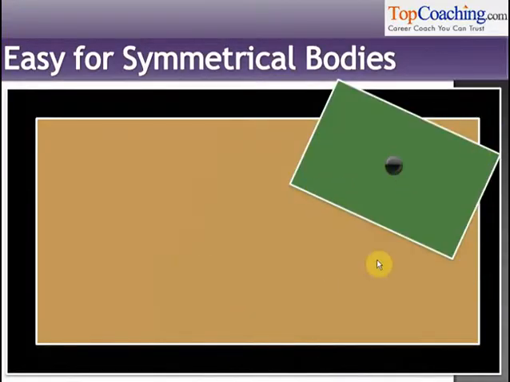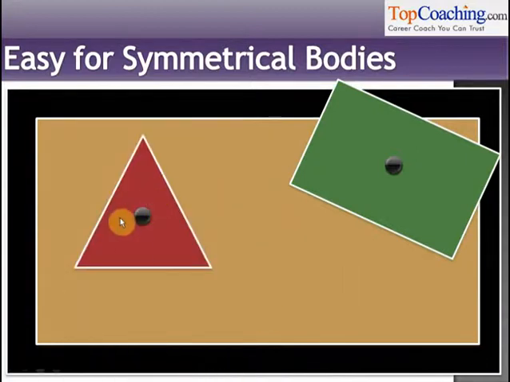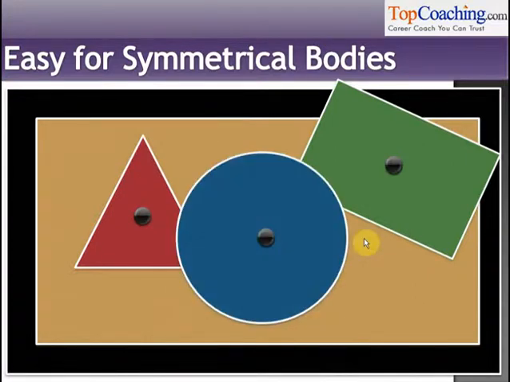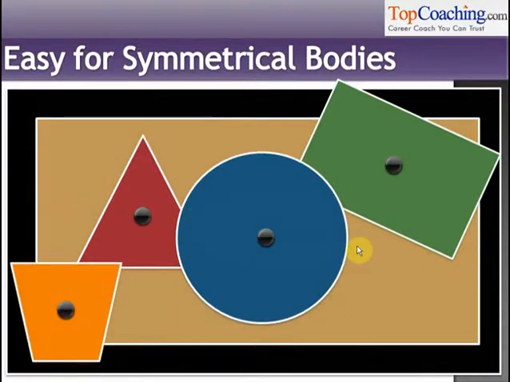It's easy to calculate the center of mass for symmetrical bodies. Obviously, the exact geometrical center of the body will be the center of mass, isn't it? The center of mass is that point which represents the average coordinate of the body, isn't it? And for symmetrical bodies, the average x, y, z coordinates are exactly in the middle. So for example, for this triangle, the center of mass will be exactly at the point of intersection of the medians. For this circle, the center of mass will be at the center. For this trapezium, again, the center of mass will be at the exact center.